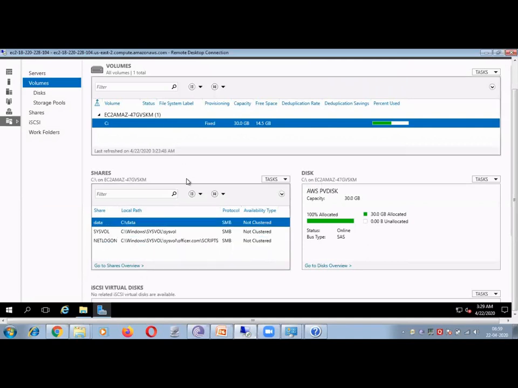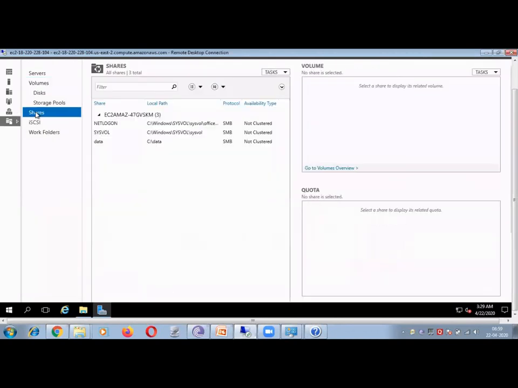Good, right? Now go to the share. Below on this side a menu item, you are on volume right now. Click on share. Hold on your mouse. Good. So this is the data folder which you have shared.